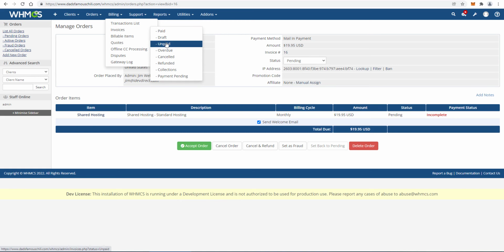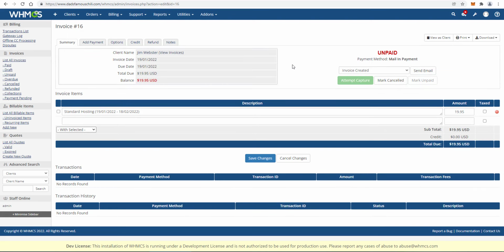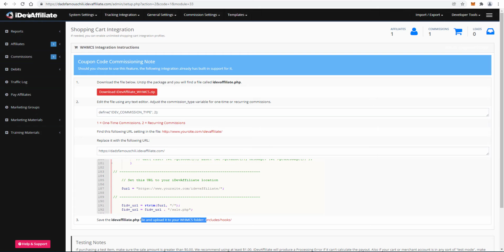Now, when I was talking about that extra step that needs to be done, the trigger that gets called over to iDev Affiliate does not get made until the invoice itself is paid. So in order to replicate this, we want to pay this invoice. So I'm going to look at the invoice that I just created here, and you'll notice over in iDev Affiliate,